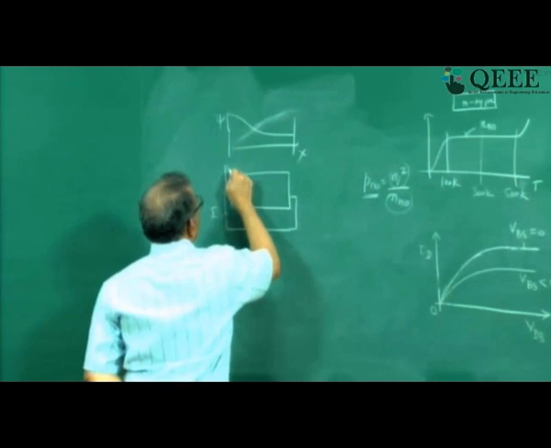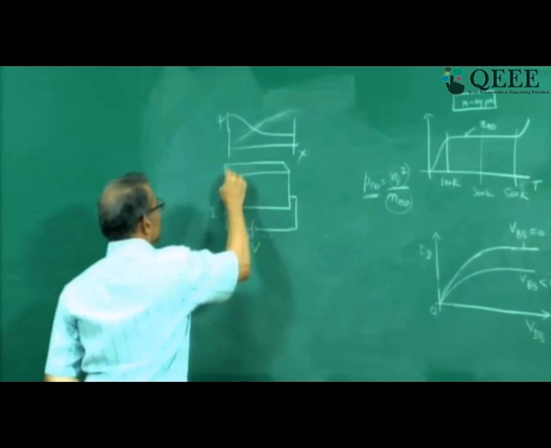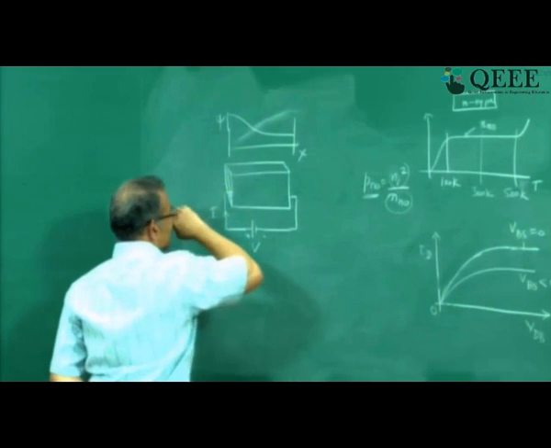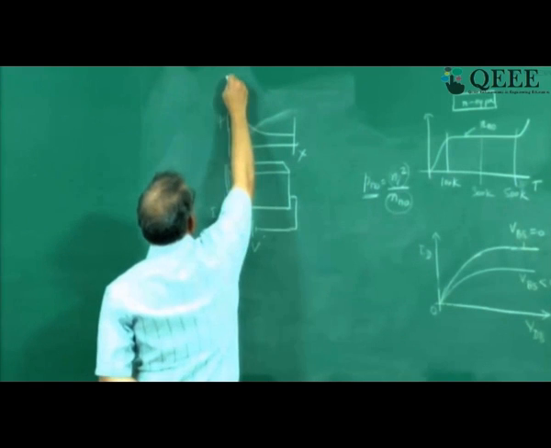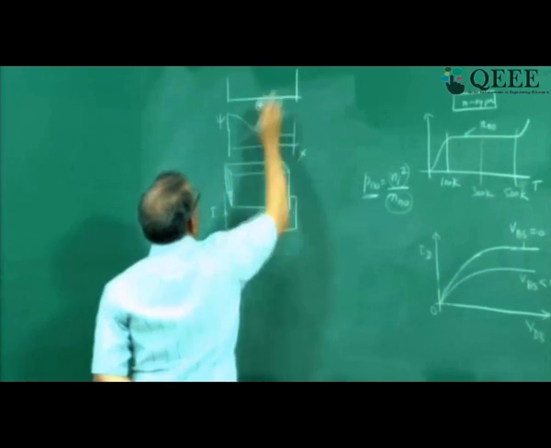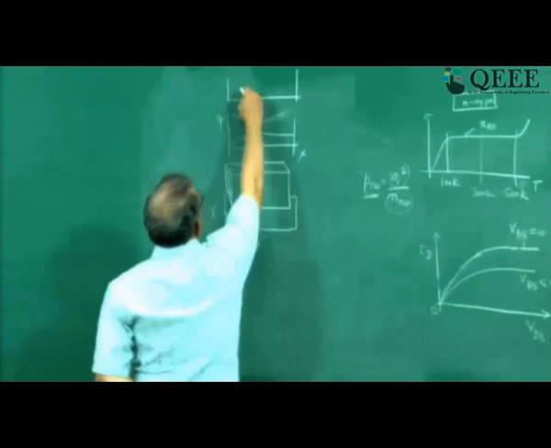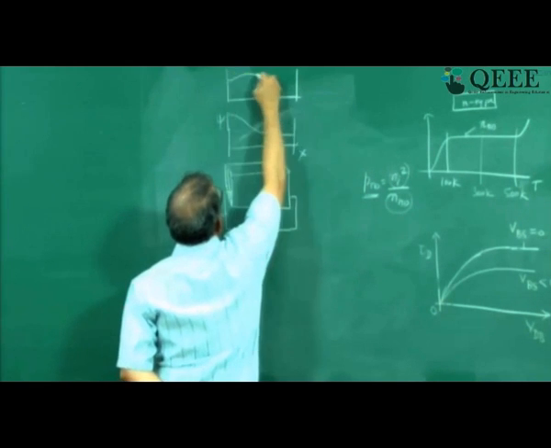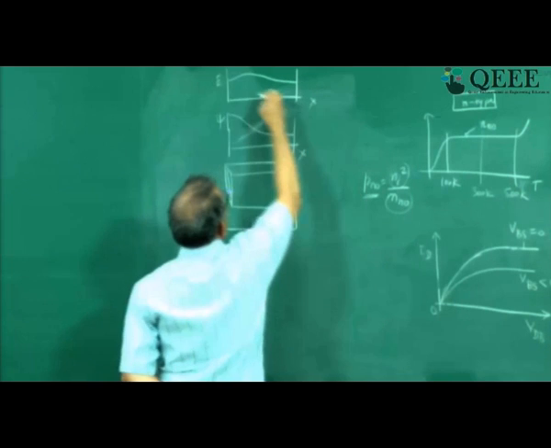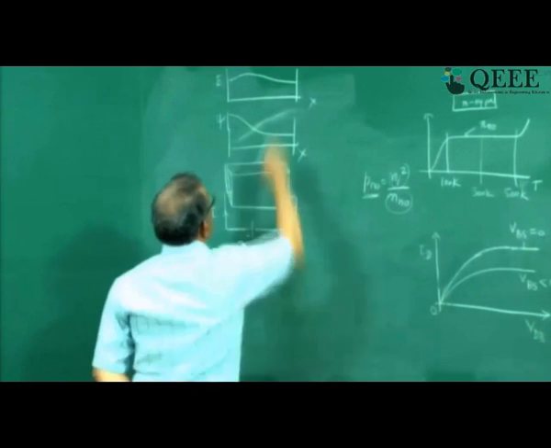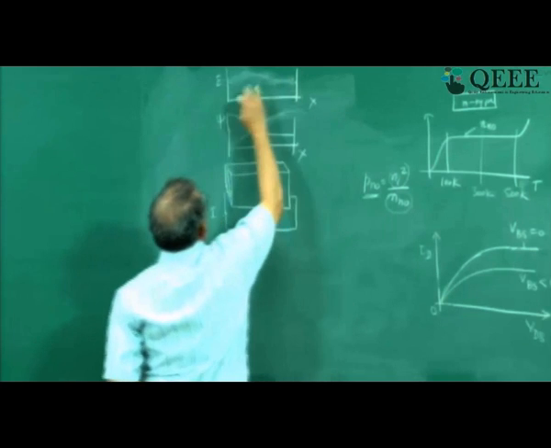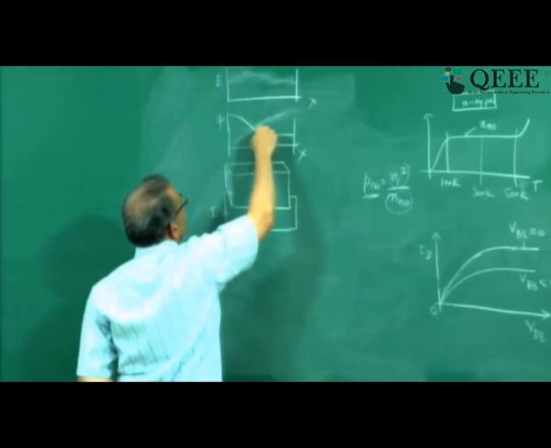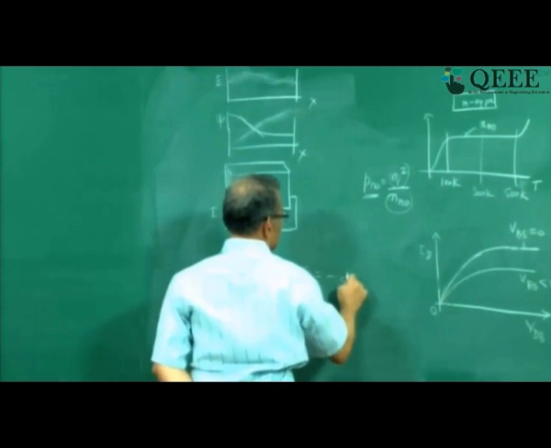Then by integrating the current density over the area, you get this current, and by integrating the potential over distance, I am sorry, you have the field. By integrating the field, so the field may be something like this. So this is E versus x. So by integrating this field, you get the potential. The E versus x should actually be shown. E is d psi by dx. So here psi versus x, d psi by dx is negative. Your equation is E equal to minus d psi by dx.